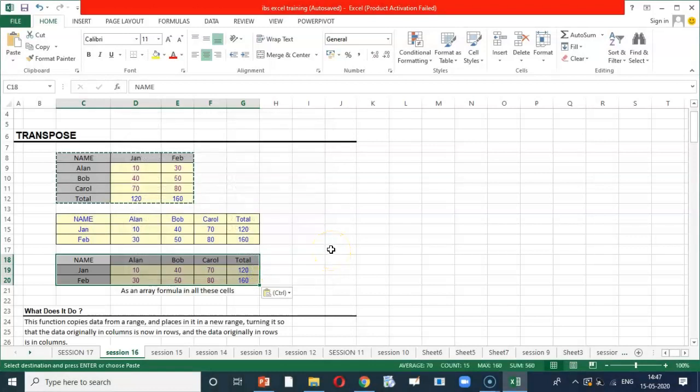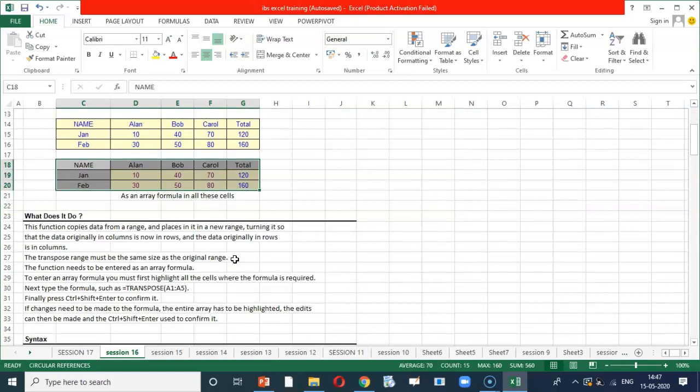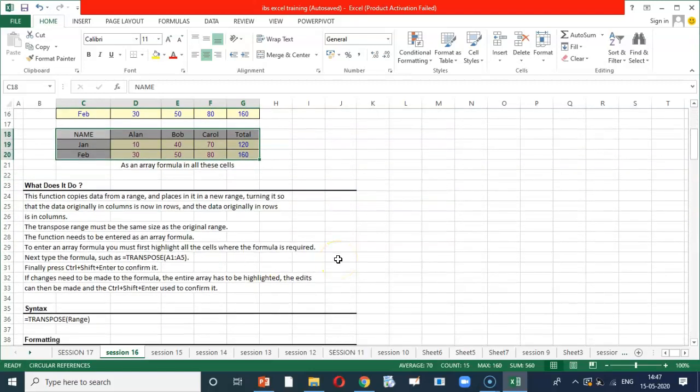So if you observe here, the data which was vertical in nature has been arranged horizontally. So in this way, we can arrange the vertical data into horizontal table.